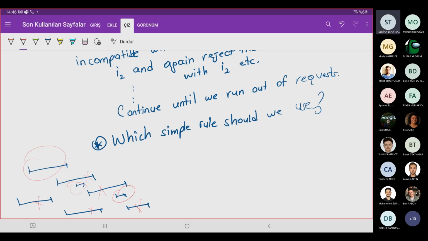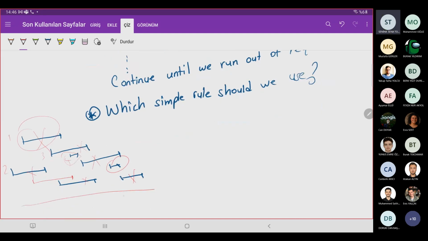First, I choose the first one. First, according to what? We try to find a rule, right? When you say first, for example, here, which one is the first? Top of the one. Top, but why? I mean, I just drew it at the top. I could have drawn the same thing with the same intervals here. This is just the time.